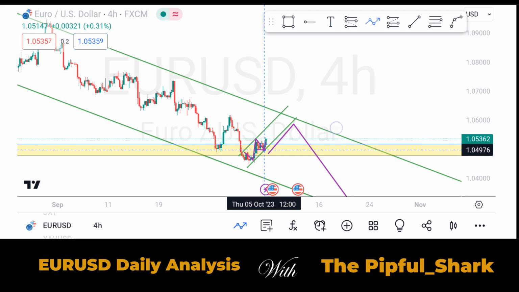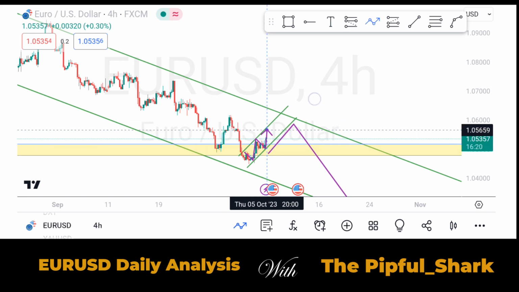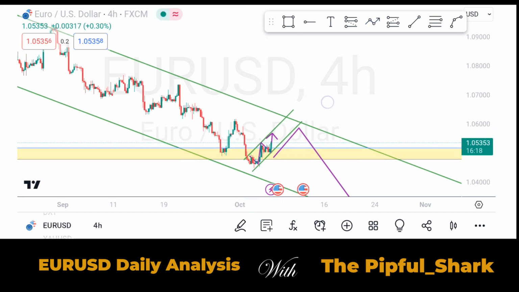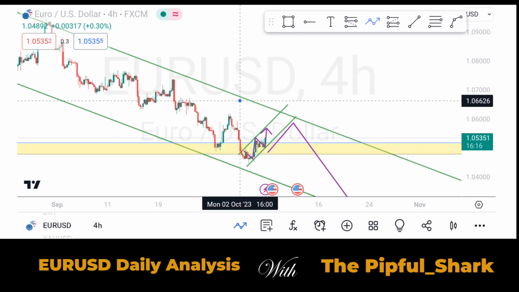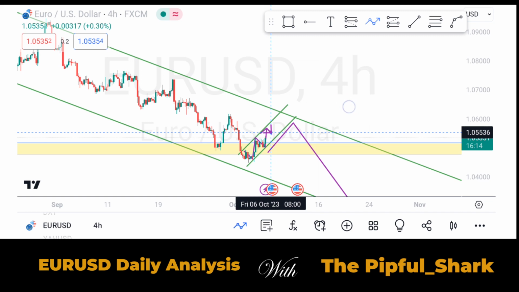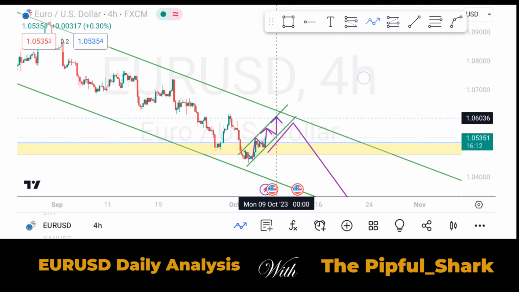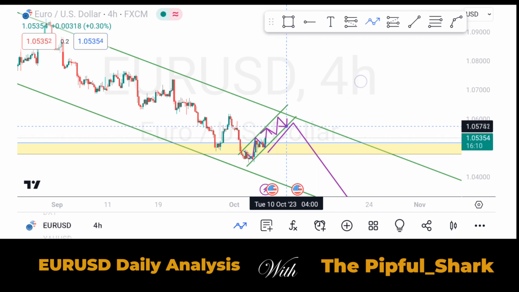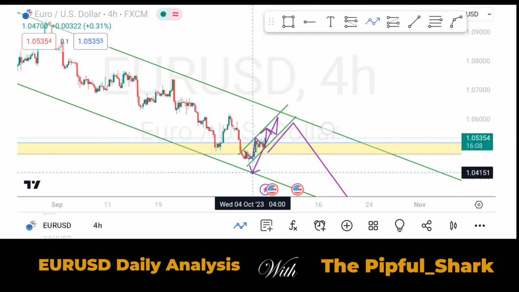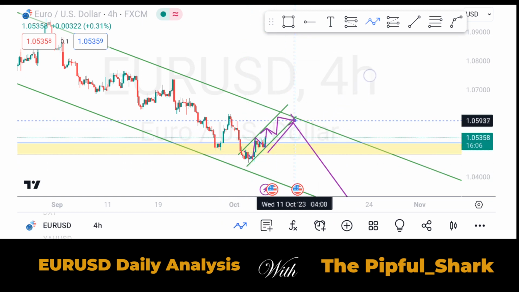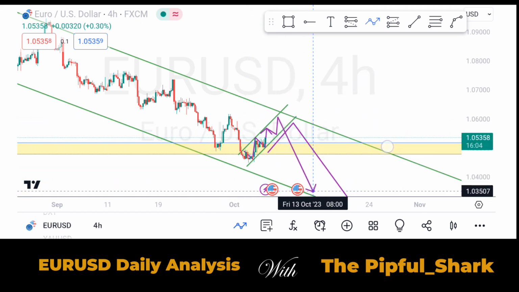You see, this is like consolidating, like approaching this zone and consolidating. What we are waiting for is a break of this particular flag for us to execute a